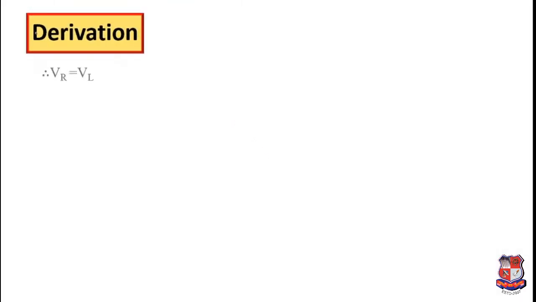In the derivation, it is simple: because this is discharging, it means that the supply voltage is totally disconnected. So there will be some resistance over here, there is inductance over here, and there is another resistance present over here. Initially, the switch was connected to the first position, and this inductor is charged. Now the switch is brought to the second position, and the inductor is discharging.